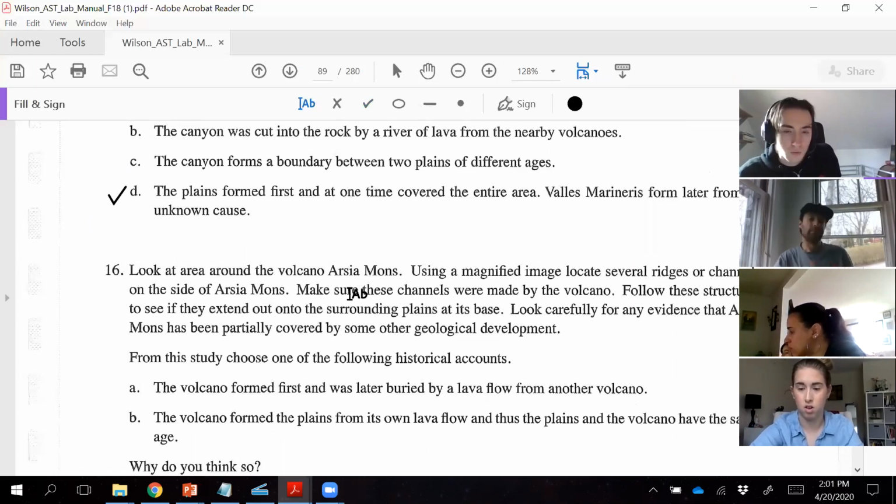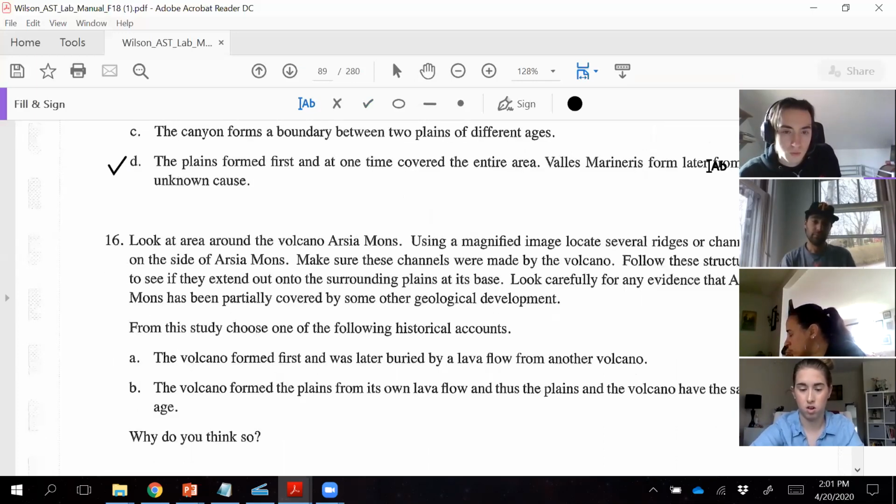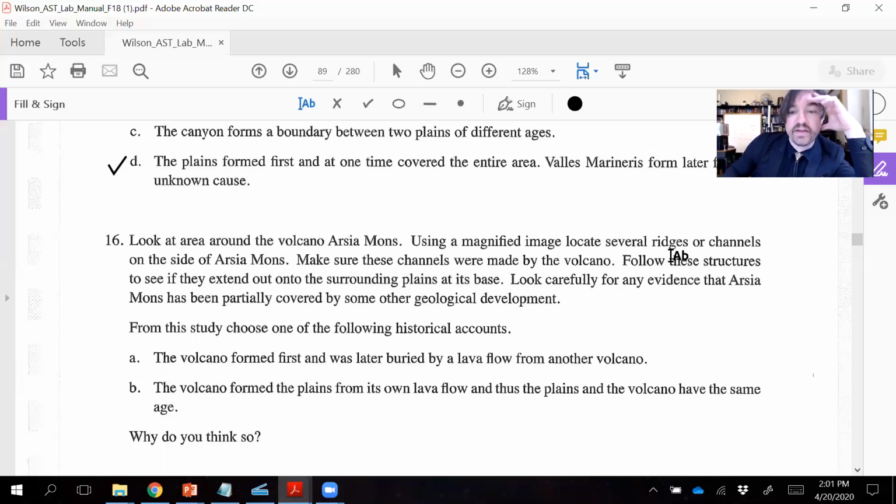Look at the area around the volcano Mons. Use a magnified image to locate several ridges or channels on the side of Mons. Make sure the channels were made by the volcano. Follow these structures to see if they extend out into the surrounding plains at its base. Look carefully for any evidence that Mons has been partially covered by another geological development. From this study, choose one of the following accounts. A, the volcano formed first and was later buried by a lava flow from another volcano. Or B, the volcano formed the plains from its own lava flow, and thus the plains and the volcano are